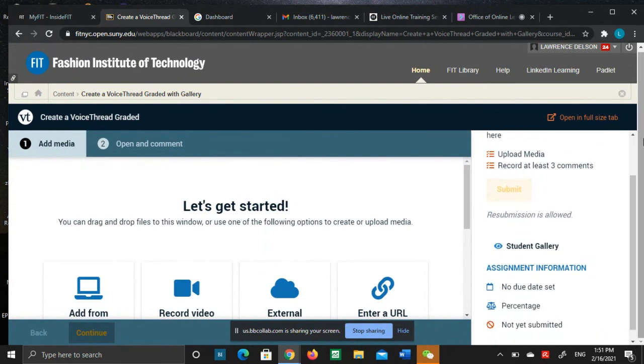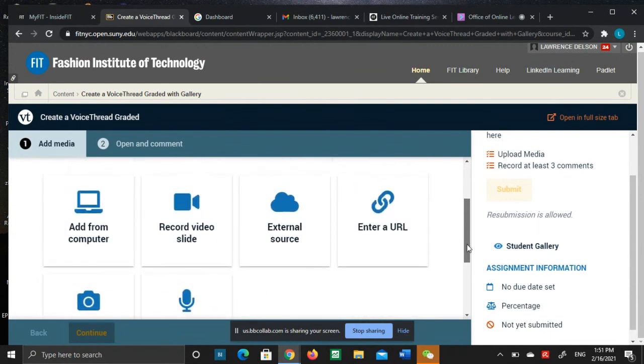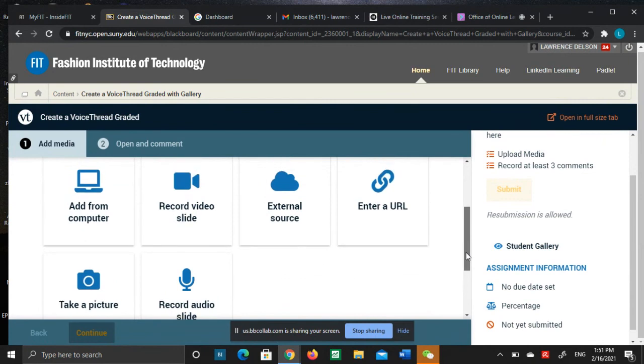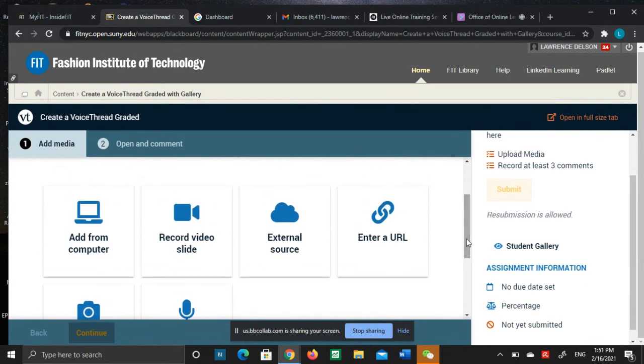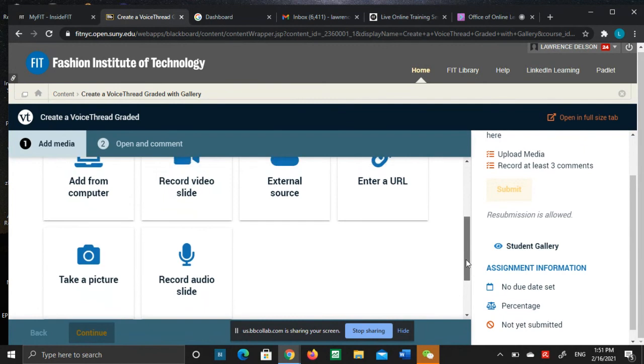Excellent. Now look at the choices. This is wonderful. But Lorenzo and I also figured out that it's a little tricky here. There's another level of options. If you don't scroll down, you'll never see it. So take a picture, record audio, slide, add from computer, right? What about your actual existing VoiceThreads?